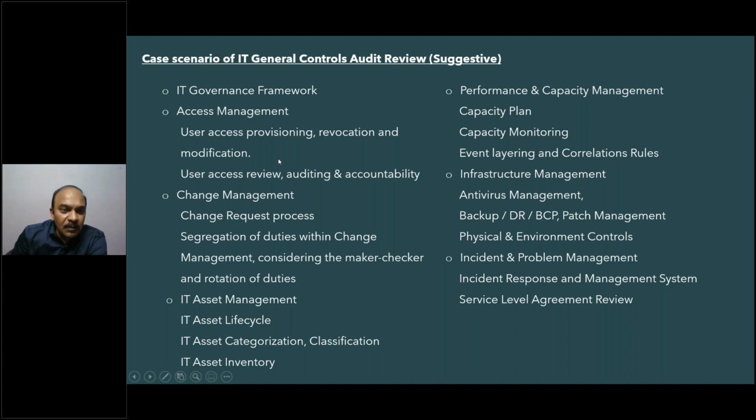Just to give an example, you have access management. That is the way you have user access provisioning, revocation, any modification. These are all purely access management. And change management. This is one important area you can focus on in information systems audit, or even